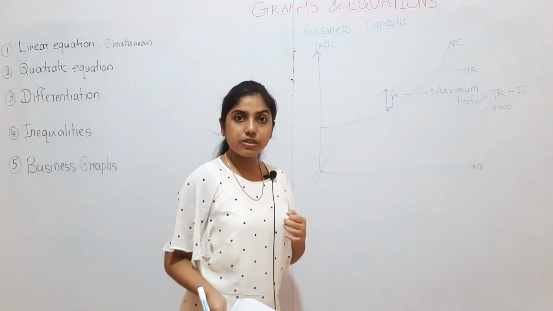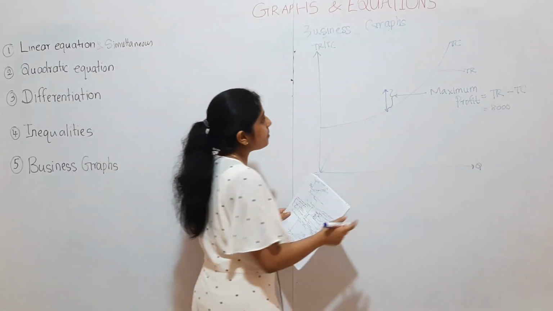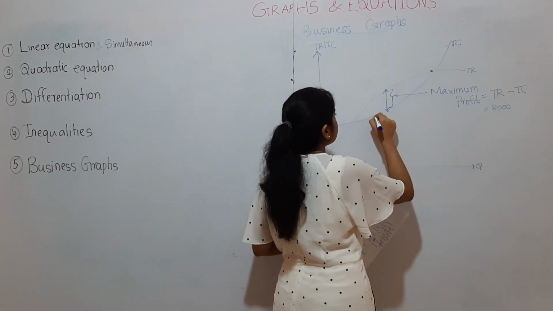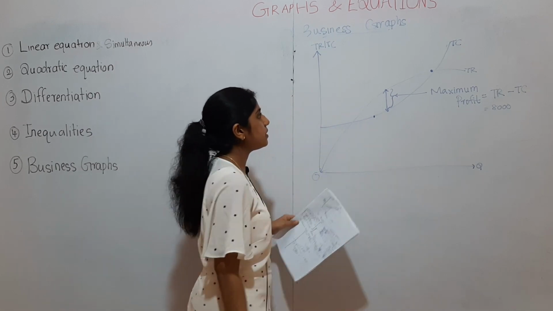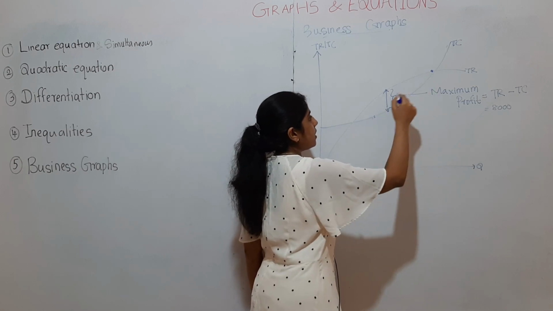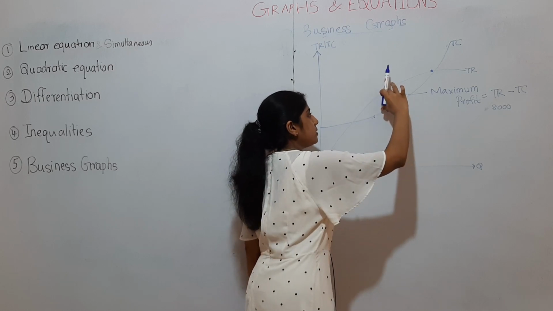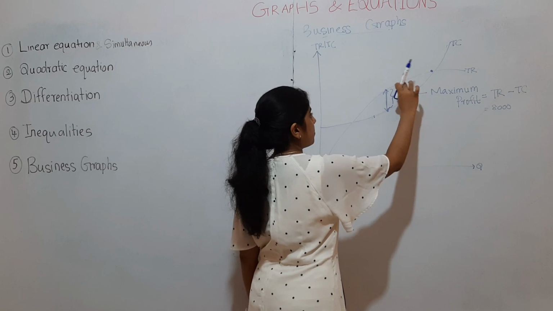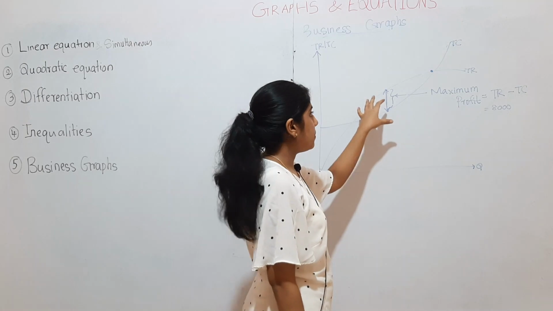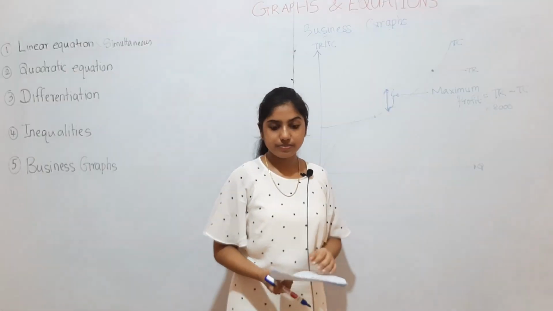It is not the difference between the maximum and the minimum point. The maximum point is around here for this one and the minimum point is somewhere here for the total cost curve. Can we therefore take the difference between the two? No, it's not right. That's why they take the highest gap between both. The gap, the size. Here it is minimum, but the gap is highest when it is here. So this is where we earn maximum profit.